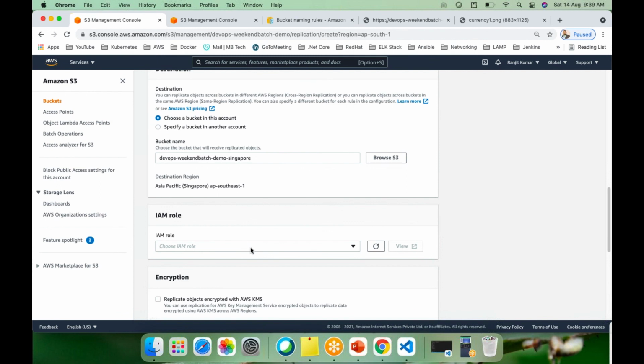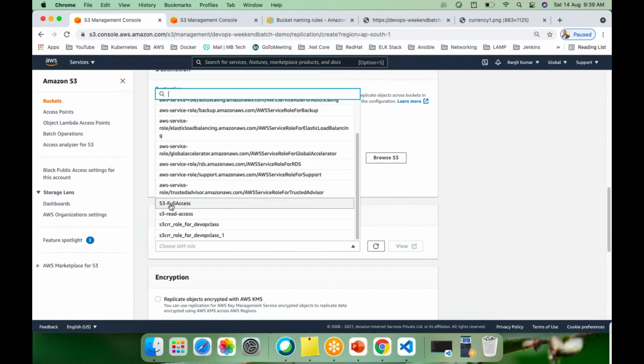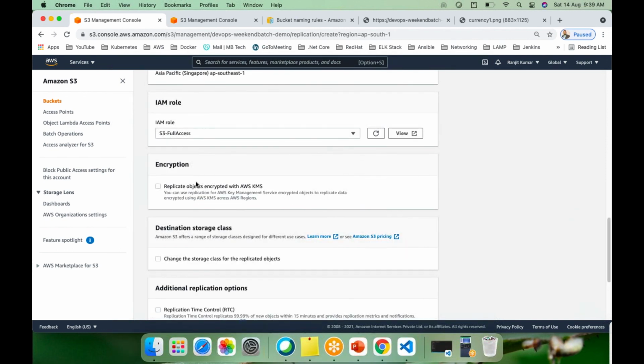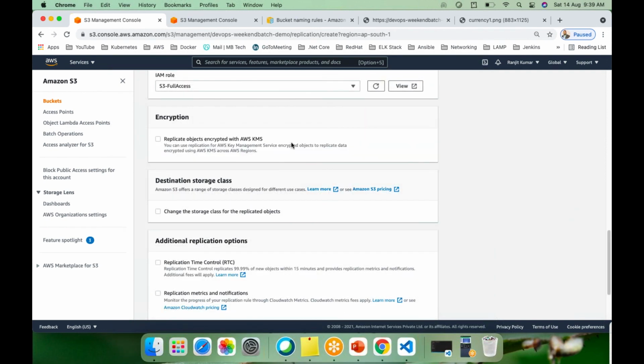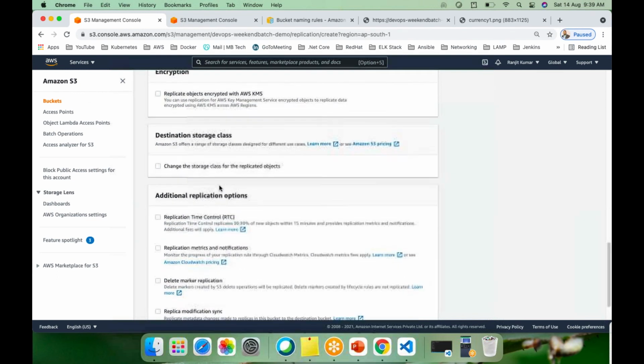Now leave the rest of the things as they are and create the bucket. Now we can see we have a bucket in the Singapore region. Let's do replication now.